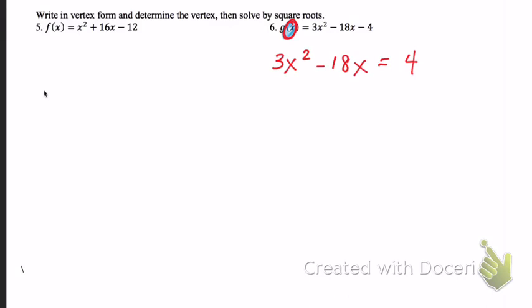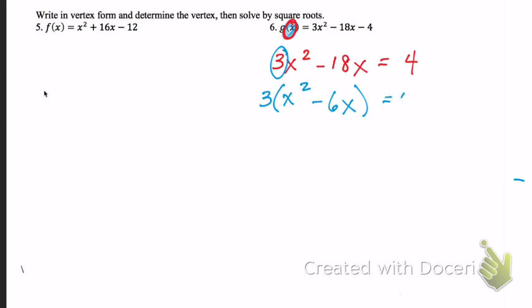Then I'm going to pull out the a value, or I'm going to pull out a 3. And you're not pulling out the greatest common factor. You are literally taking out the number that is your a value. And in this case, it is my greatest common factor. But you're always pulling out whatever my a value is. So I'm going to take out a 3. And I'm left with x squared minus 6x